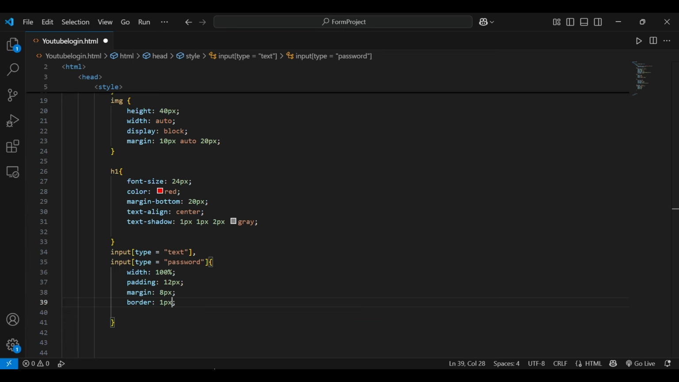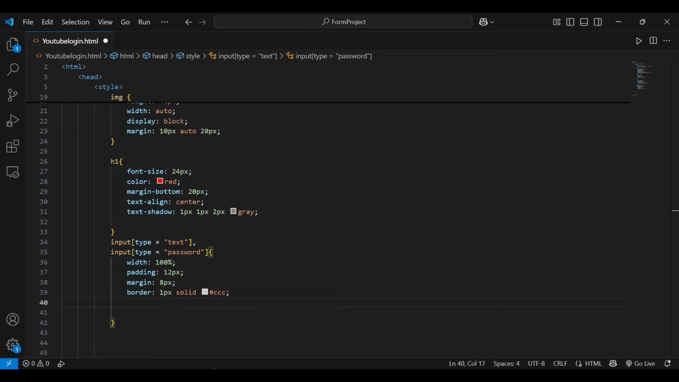Then the border should be solid. We have different types of border, right? So I'm using solid, and the color for the border I'm giving #CCC, the white. Okay. All right, we are done with the styling of the input box. Next, what we have to do is that,